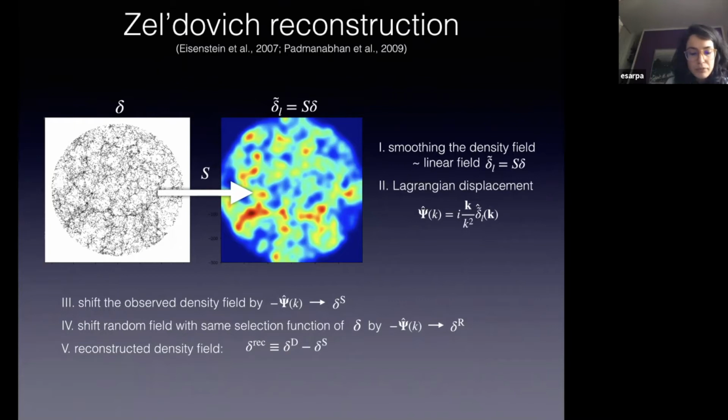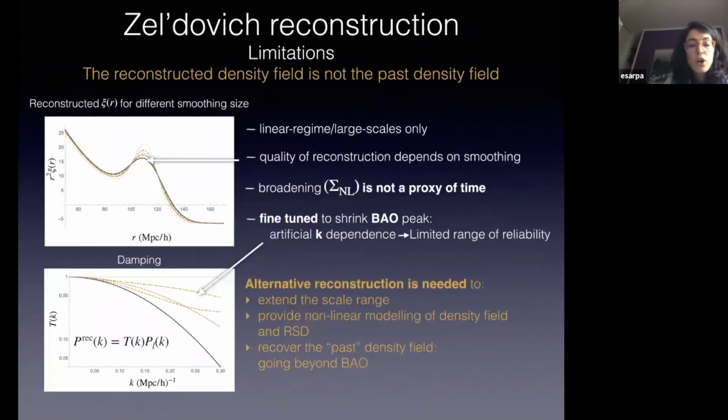We need to apply the same displacement to a random field with the same selection function as our data, and then displace it back in time. Our reconstructed density field is then defined as the difference between the displaced data and the displaced random field. With this operation, we can also recover the small scales we were missing because of the smoothing filter. So despite its efficiency in recovering the two-point correlation function, the linear field on large scales,